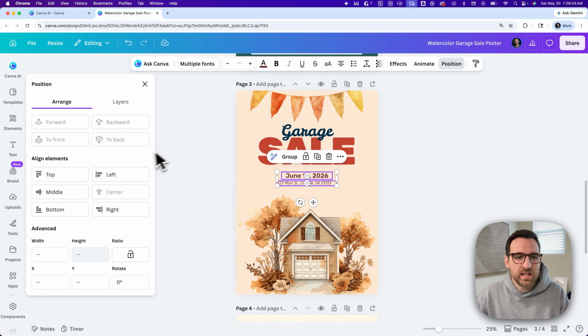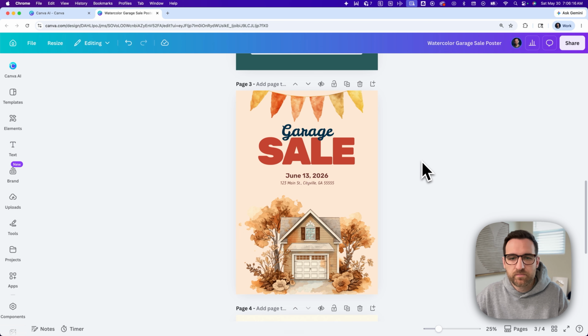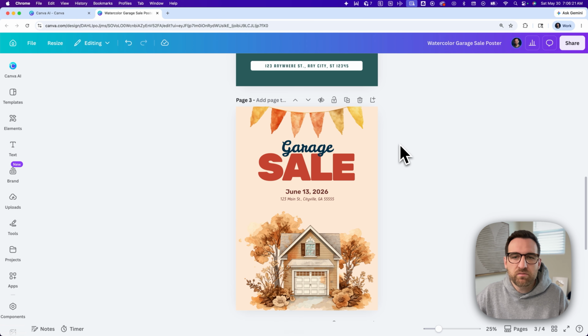Go to position, and we're right in the center, so that works perfect right there. But they're not both aligned the same, so I'm going to make sure they're both aligned middle as well, and that's centered up the bottom line there. And so now we have kind of a neat garage sale poster,